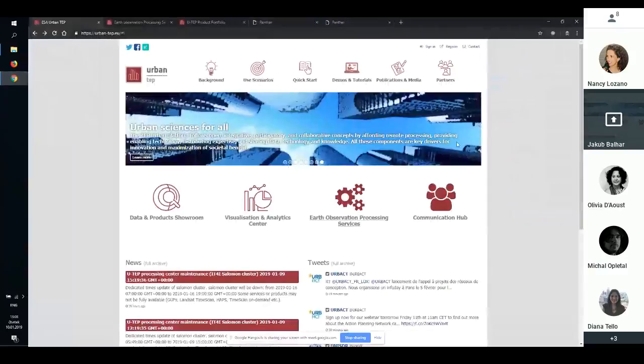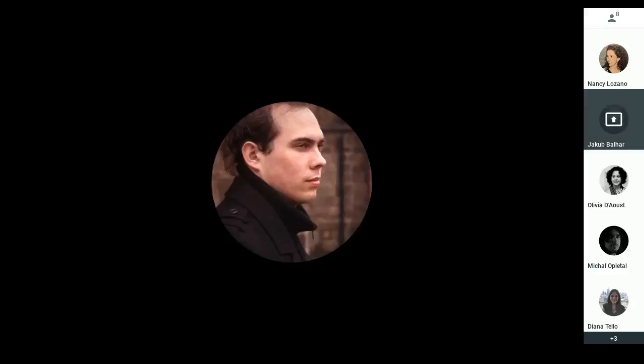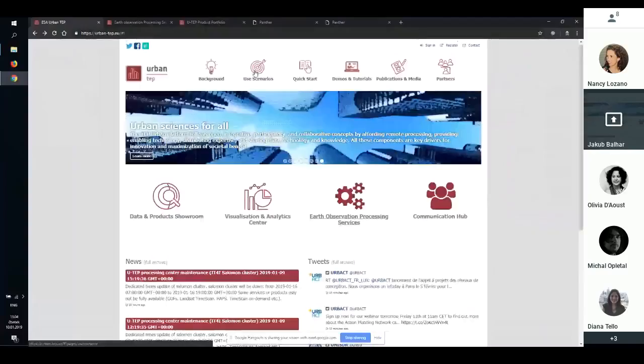So now I'm showing you how the Urban TEP platform looks when you are not a registered or signed-in user. At this moment, there will be limited functionalities, but even with these limited functionalities, there is actually quite a lot of things that you can do and go through. The portal page itself offers you some background information, scenarios, quick start, demos, tutorials, and everything else that you've been through. The most important part, though, is here in the middle, where you can see the data and product showroom. The Data and Product Showroom, if you open it, opens the geo browser,